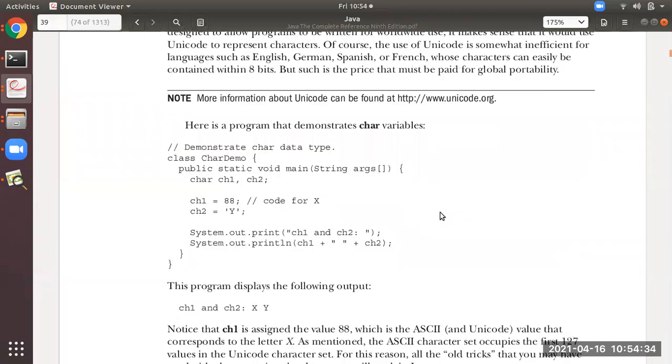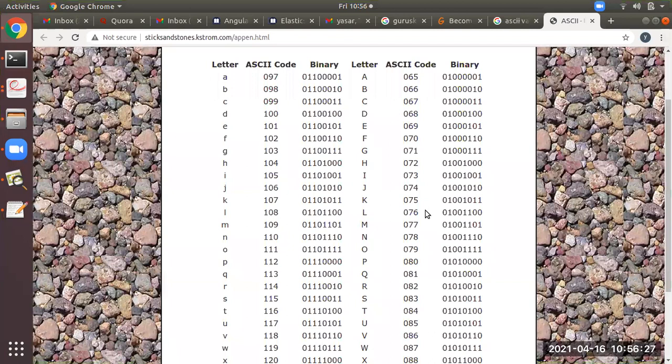Okay then. Now I will show the execution of this program. You all can understand. You can get this from the internet also. A lot of articles are there. You can see the alphabets over here. This is one column for small a, b, c, d. This is another column for capital A, B, C, D. So you can see over here, small a has the ASCII code 97.